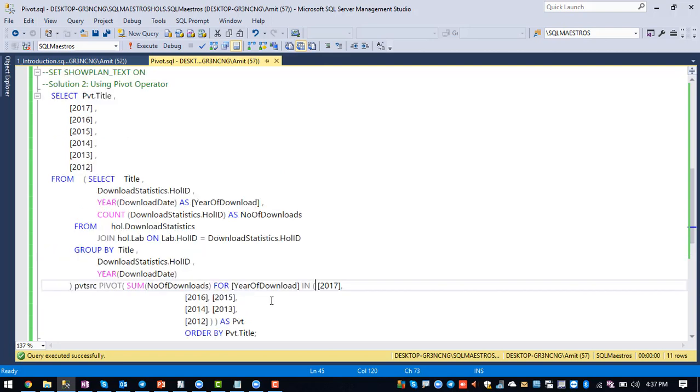To avoid that, we can rewrite this query using dynamic SQL, so that whenever a new year joins, it will automatically pop up in our result set. I am leaving that for another video, where I'll show how to use dynamic SQL to dynamically perform the pivot operation. So friends, that is all about pivoting inside SQL Server.